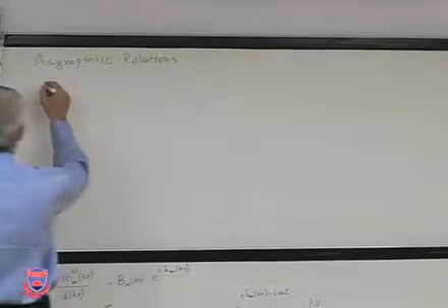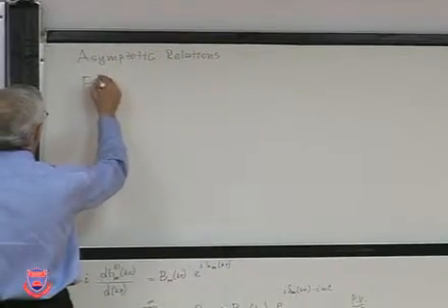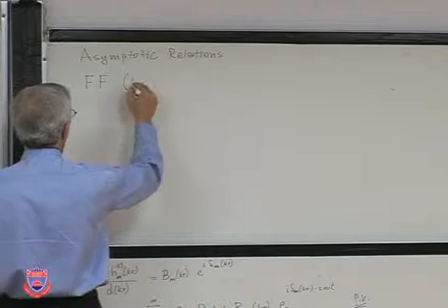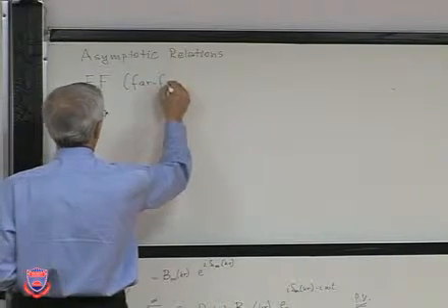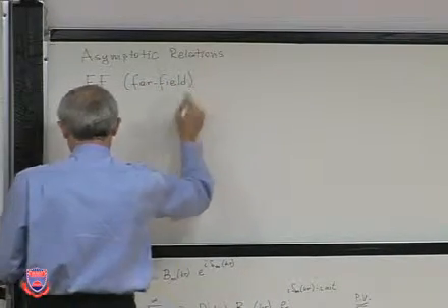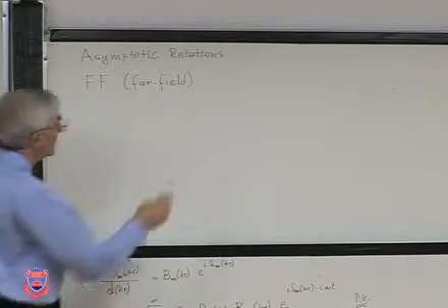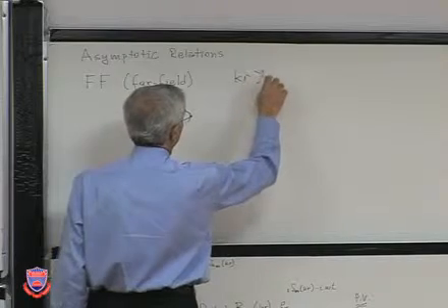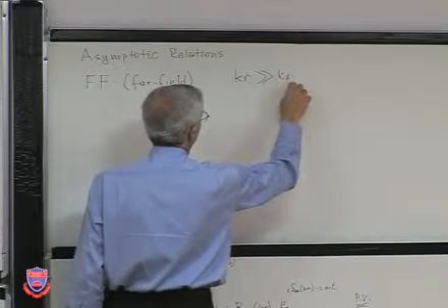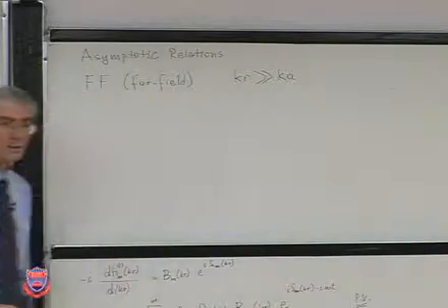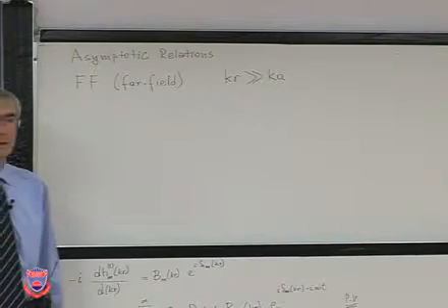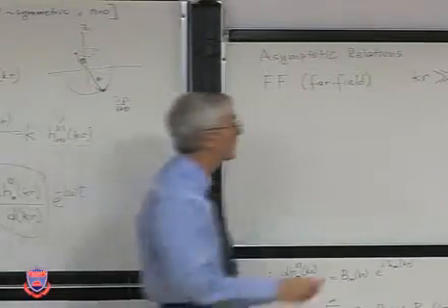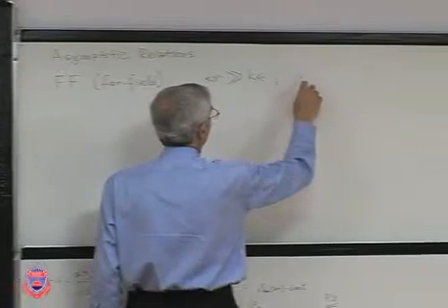So for this case, first of all, we say far field. How would you define far field? Far field usually is defined as Kr being much larger than Ka. What that means is r is much larger than a, and also